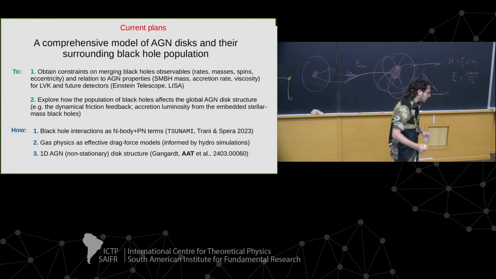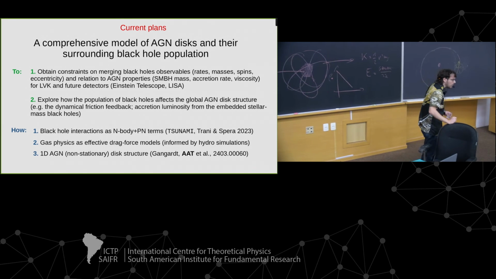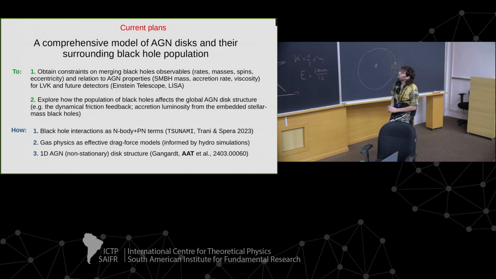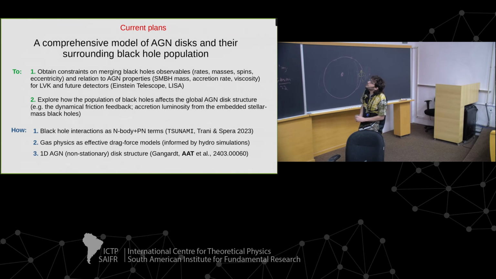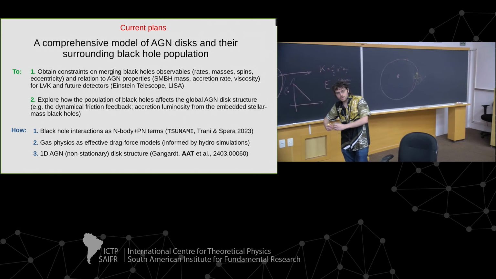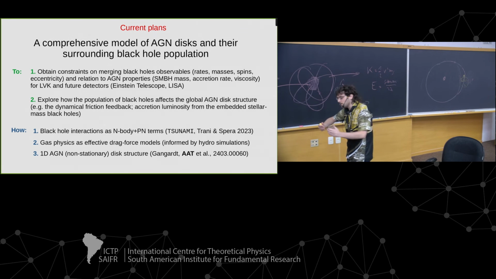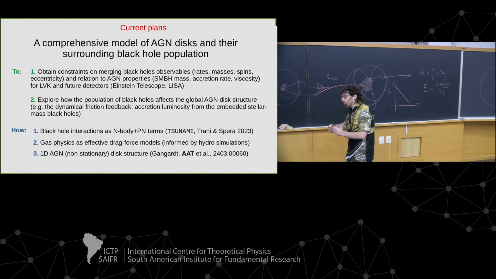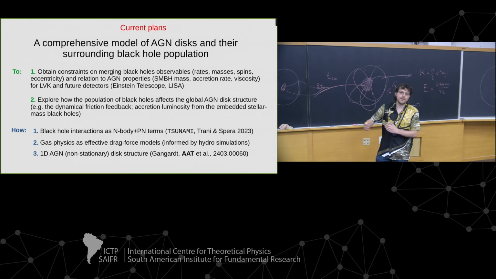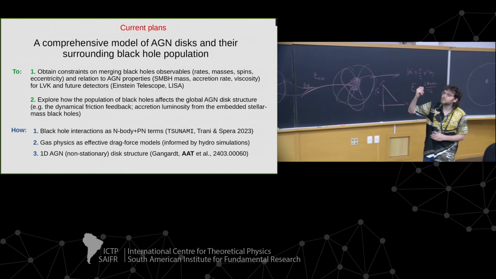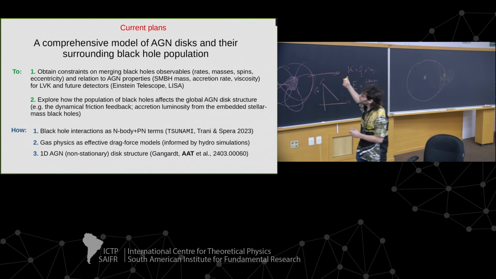And again, this is a very hot topic nowadays. There are a lot of people working on this. My idea is to actually do something on both sides, both the AGN side and also the black hole side. So yes, model the effect of the AGN environment on the black holes, but also the effect of the black holes on the AGN, because there will be some energy transfer between embedded black holes and the AGNs, and this might change the global structure of the AGN. And there are actually many PhD projects in this slide, basically.